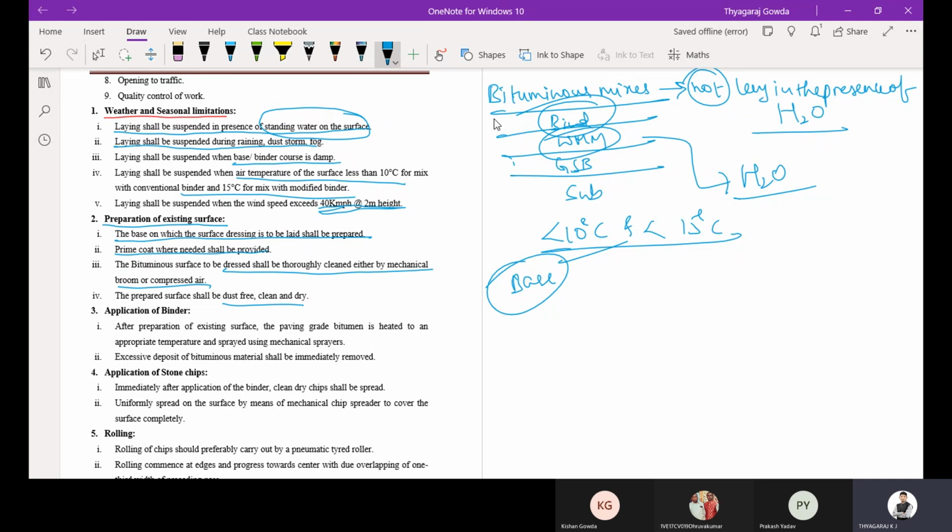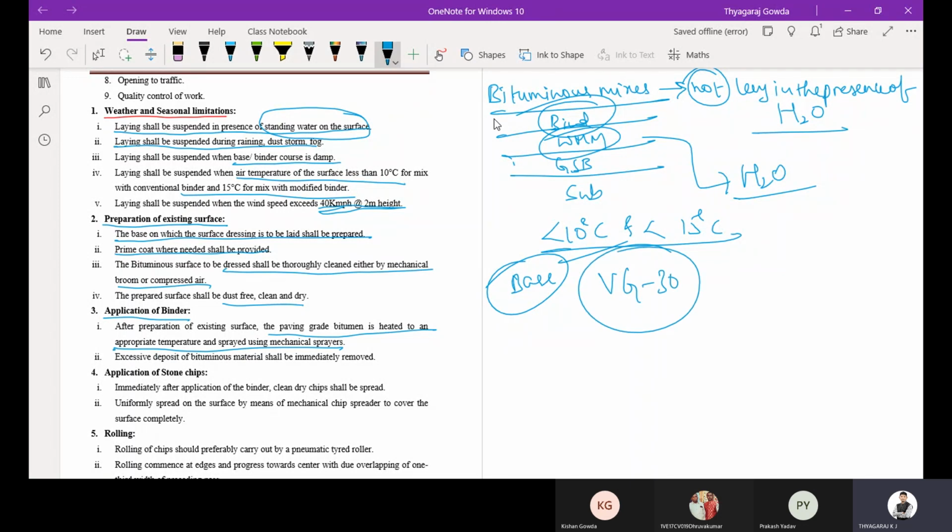Then comes the application of binder. After preparation of the existing surface, the paving grade bitumen is heated to an appropriate temperature and sprayed using a mechanical sprayer. So you are going to prepare the existing surface, then apply the binder. Usually the paving grade bitumen is VG30, viscosity grade 30.